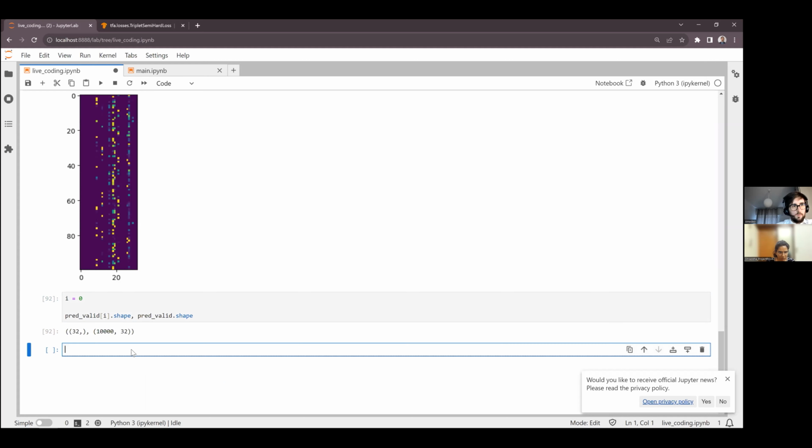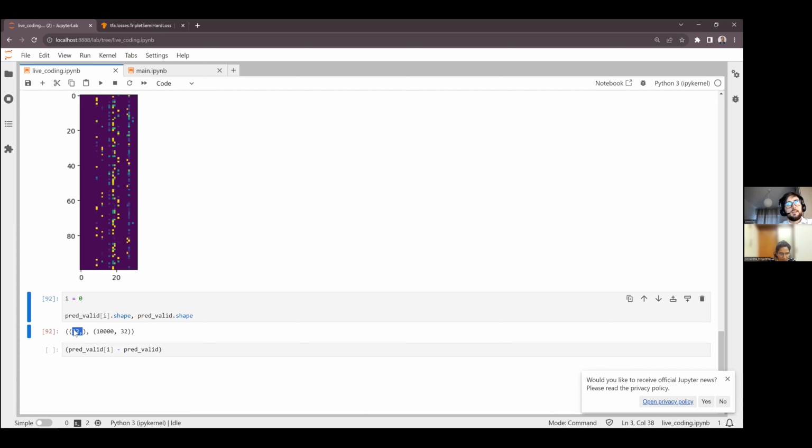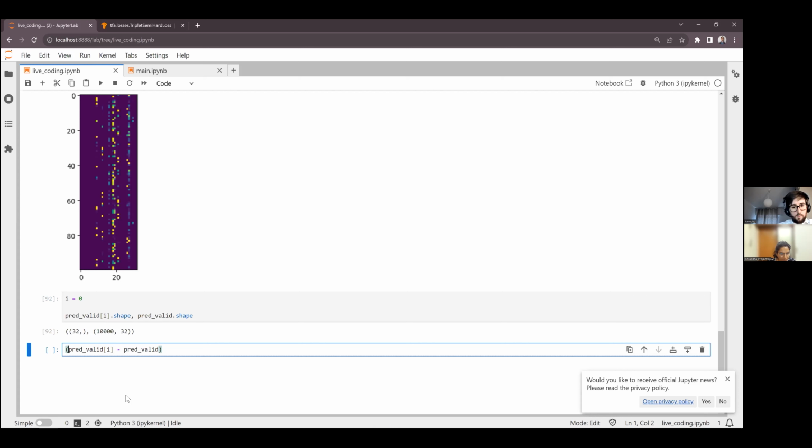What we can do is to look at the square difference, the Euclidean distance. We want to take red valid I and remove element-wise this one. Clearly, we can't do that directly because this has one dimension, this has two dimensions. What we can do is to reshape this one in that way, 1, minus 1, so 1 by 32.